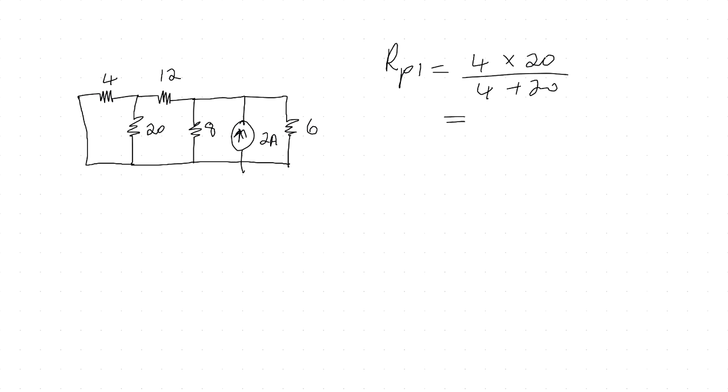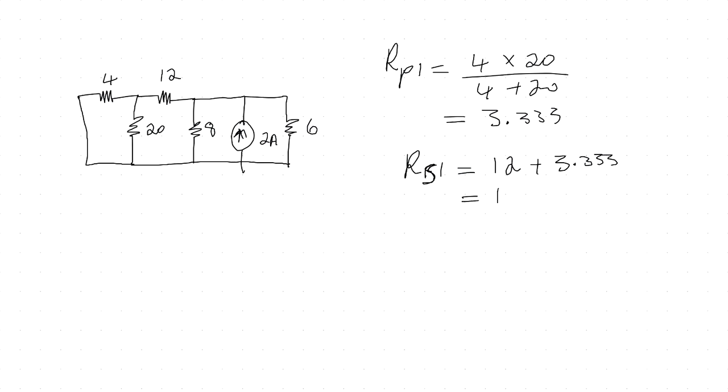Therefore, my RS1 is equal to 12 plus 3.33, which is equal to